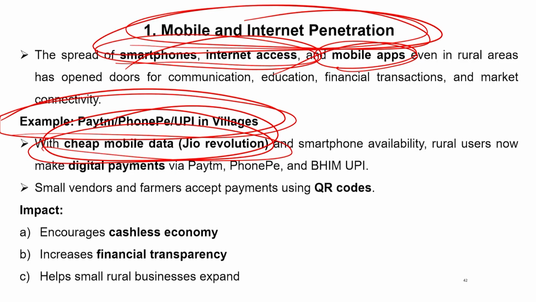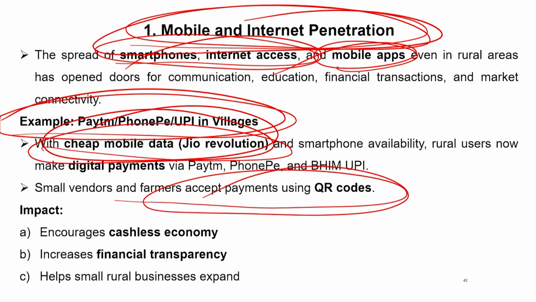And the rural consumers are using that data or using the internet in the best possible way. So small vendors and farmers accept payment using QR codes, which encourages a cashless economy, financial transparency, and helps small businesses expand. So this technology we can't